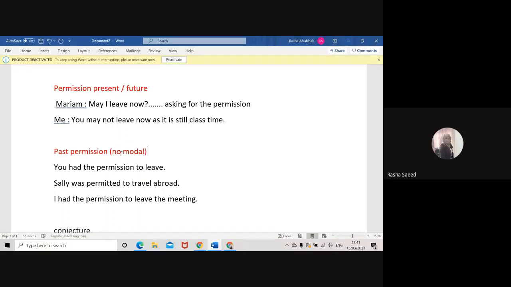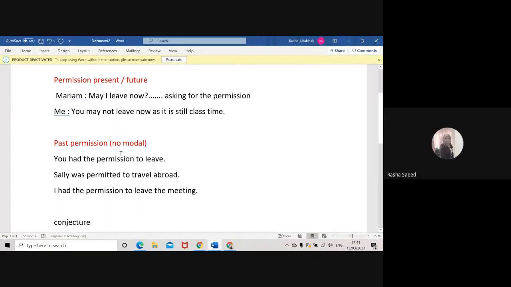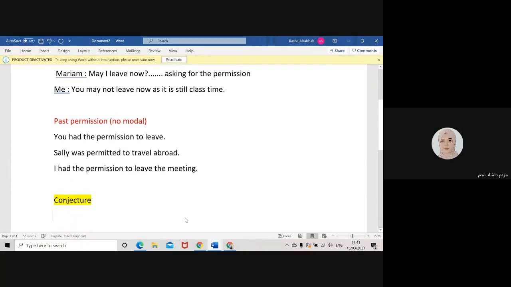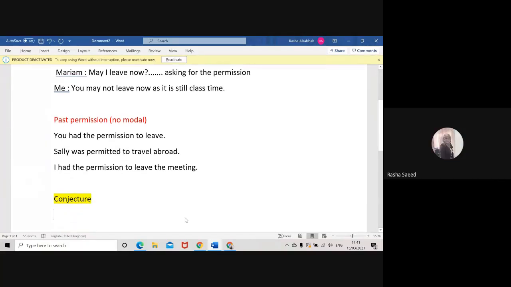Fine. Move now to conjecture. What do you mean by conjecture? Is there a reasonable case, doctor? Pardon? A reasonable case? Reasonable. Yeah, for instance, you are expecting something to happen. Okay? Conjecture can refer to the present situation and it can refer to present activity, conjecture about the future, conjecture about the past. Let's give them